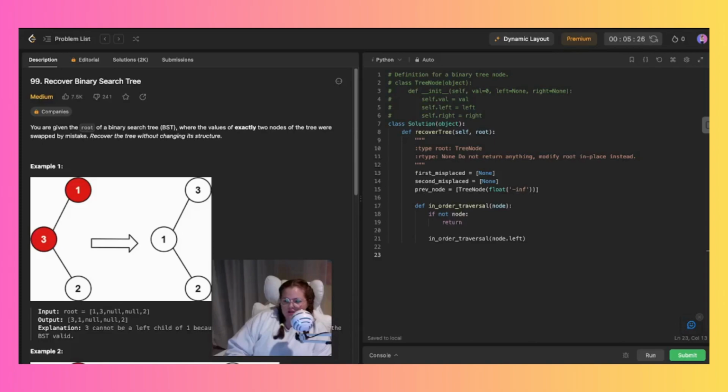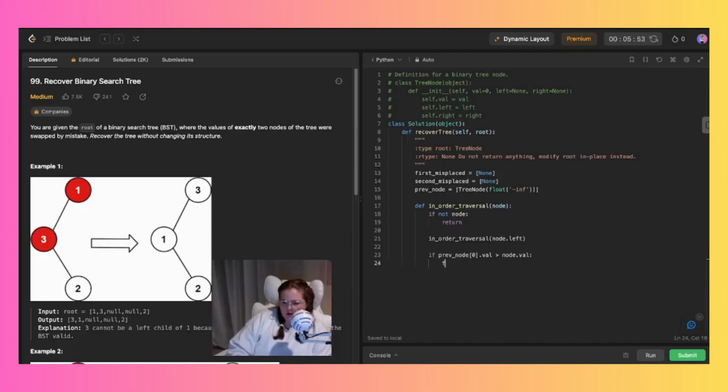So if the previous node value is less than the node value, then